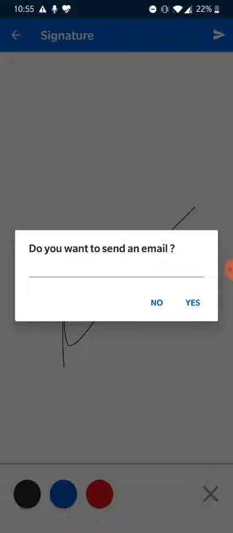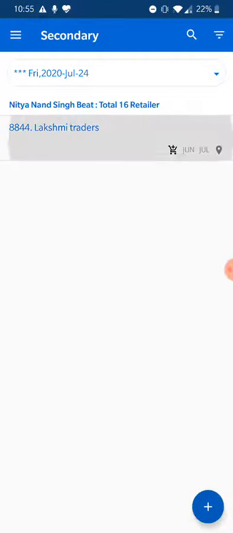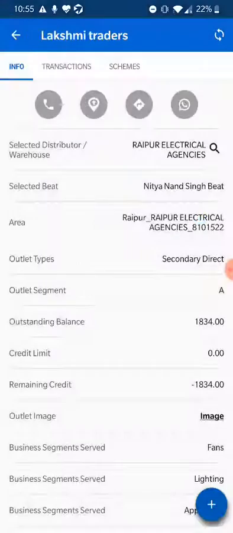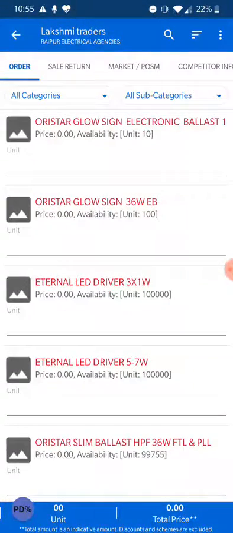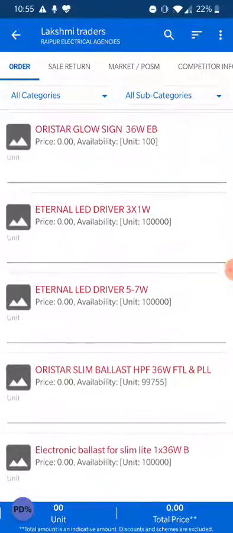Now, this is one important thing that we have included in your production login, is that you can edit the price of any SKU while taking an order. So for example, if you go to the same store and you start your call, here along with the units, you will also be able to enter the prices.